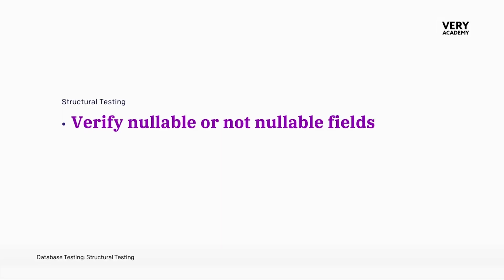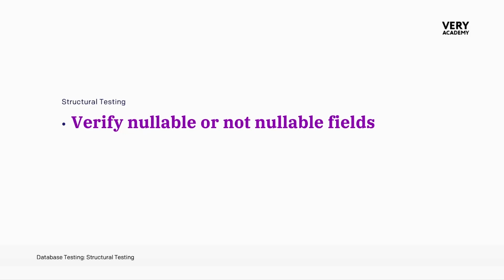Having now tested that the relationship fields have been configured correctly within our model, let's move now to verifying nullable or not nullable fields. So here we're going to build a test to ensure that our fields are correctly defined as nullable or not nullable fields. Deciding whether a field should be nullable or not is a fundamental aspect of database schema design. It directly impacts how the database enforces rules, maintains data integrity, and performs operations. So properly setting the nullable attributes based on the context and requirements of each field ensures a robust, reliable, and